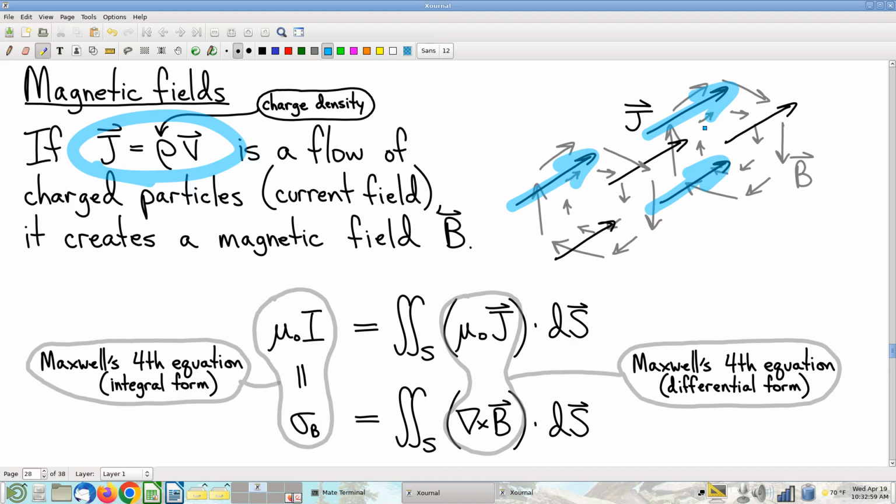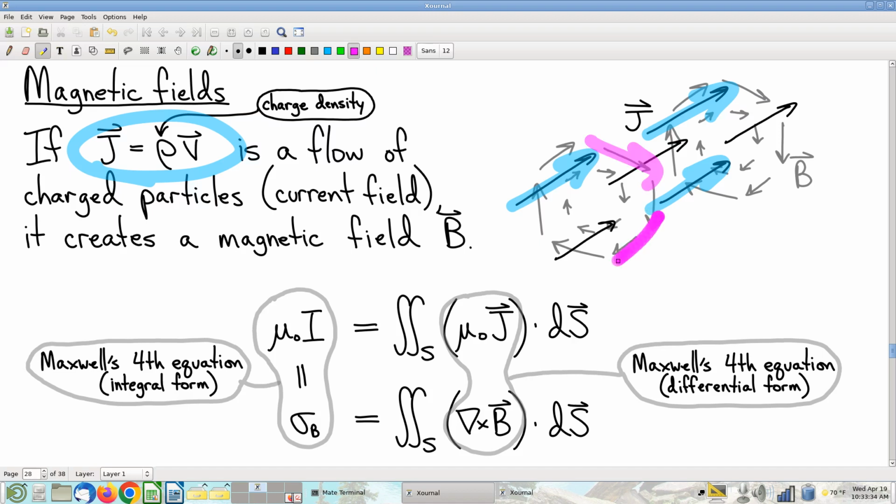Okay. I mean, that is a very common scenario, the way we have electronics set up these days. But more generally, we could imagine charged particles flowing in space. The wire special case is just a special case of that more generalized idea. Anyway, when you have a flow of particles, I'm going to call this a current flow field, or sometimes a current field. And the observed physical reality is that this creates something called a magnetic field,